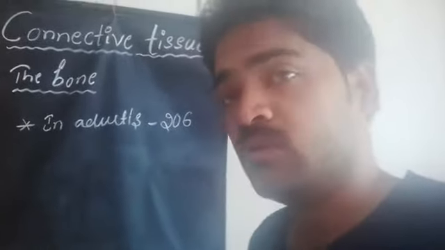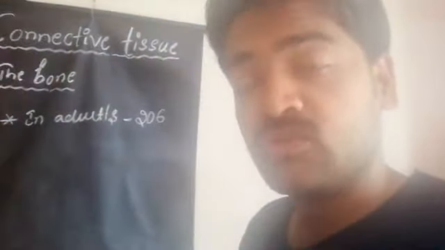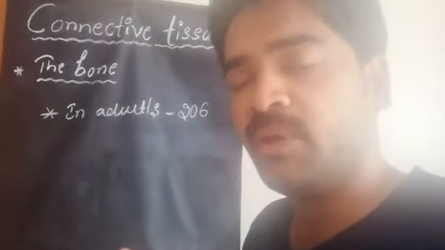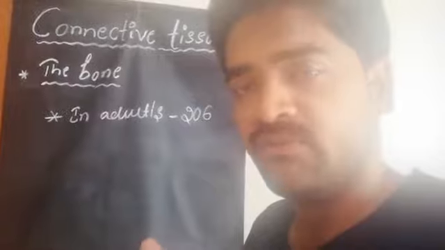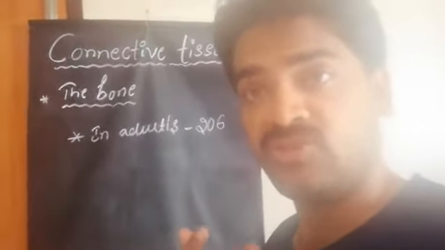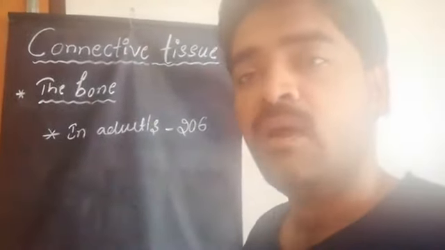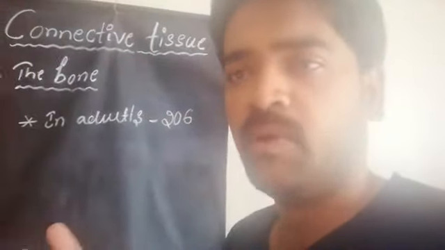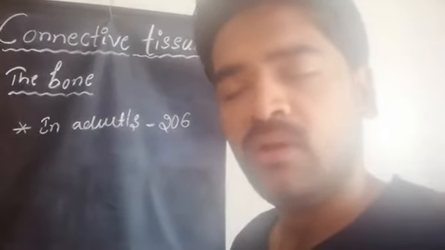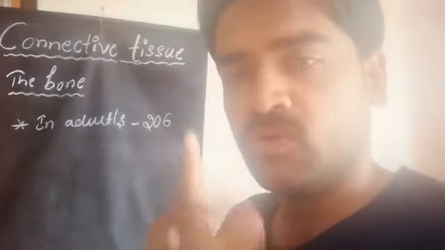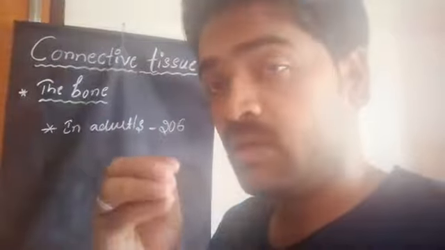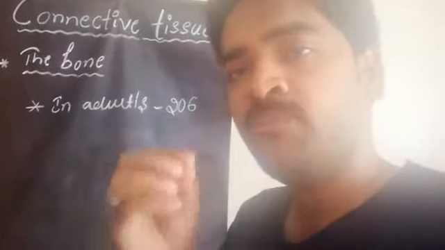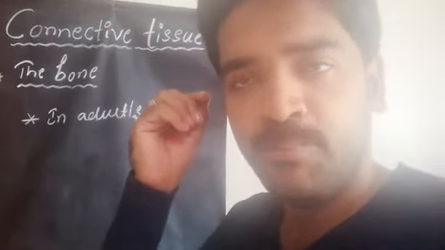That allows us to bend. If it were made of only one bone, we would not be able to bend ourselves. We would be very stiff and straight always. Due to the joining of many bones in the backbone, we are able to bend ourselves. It is not made of only a single bone. The longest bone of our body is nothing but the thigh bone, and the smallest bone is the stapes, which is present in the middle ear.